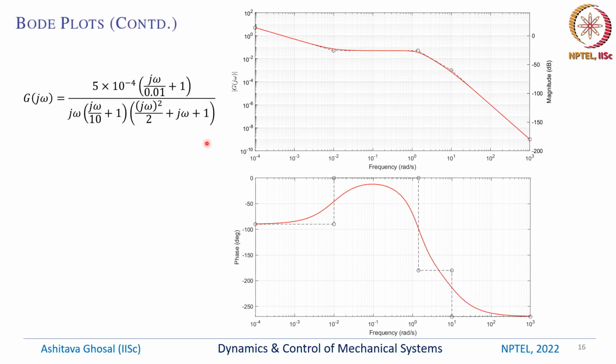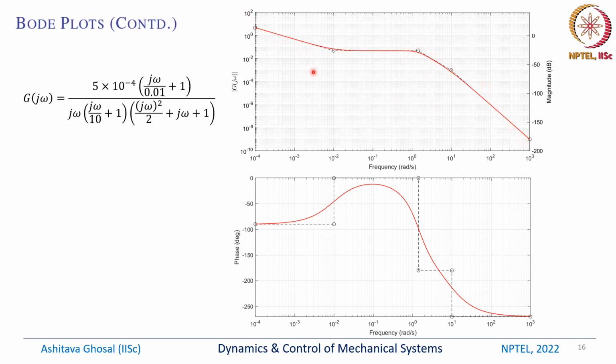And finally, we can show the total Bode plot for the system, which is 5 into 10 to the power minus 4. There is a numerator, there is a j omega in the denominator, there is j omega by 10 plus 1, and a quadratic term. So again, we can plot that there is one breakpoint here, another breakpoint here, then another breakpoint here,